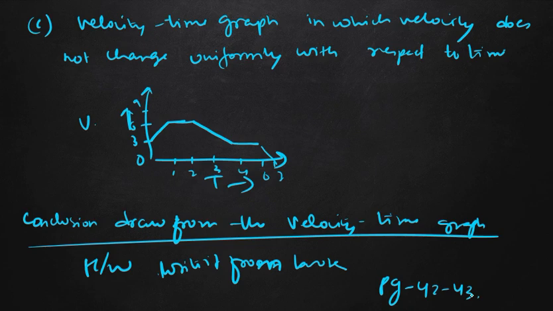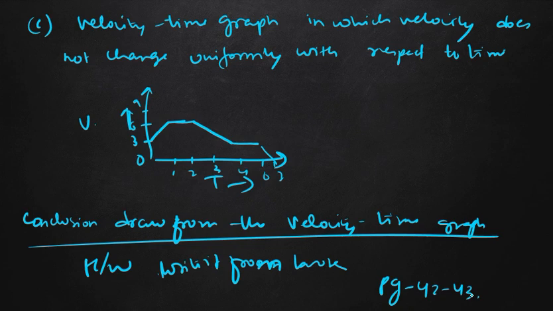Similarly, if the velocity time graph is a straight line but not parallel to the x-axis, then the body is moving with a variable velocity. It has uniform acceleration, which can be found by the slope of the curve, and displacement can be found by the area of the velocity time graph. If the slope is positive, then the body has positive acceleration, and if the body has positive acceleration, then the slope is positive.